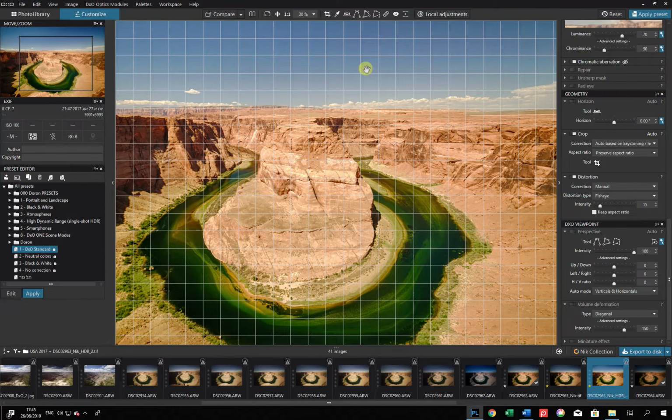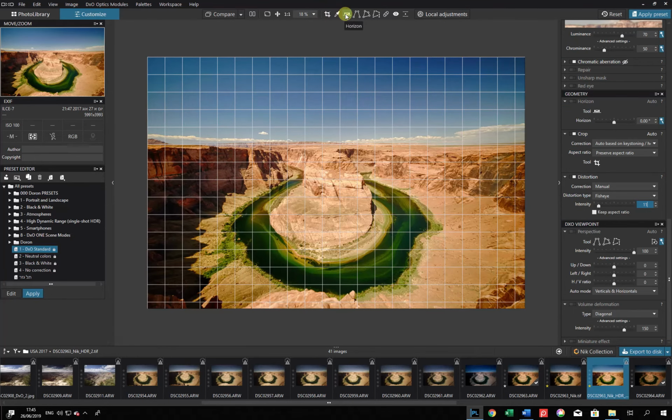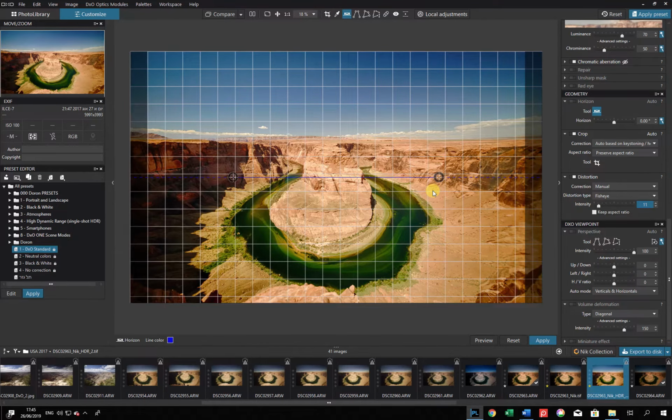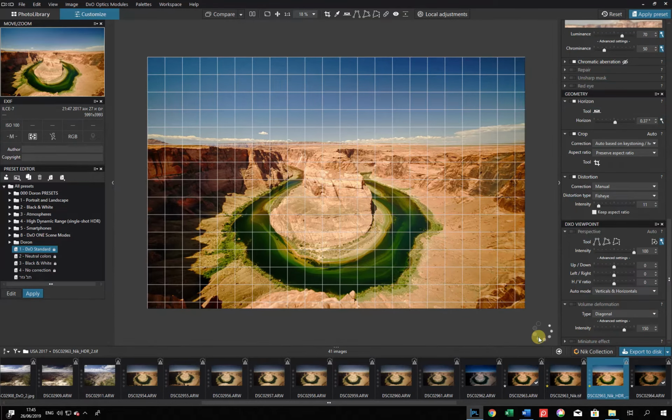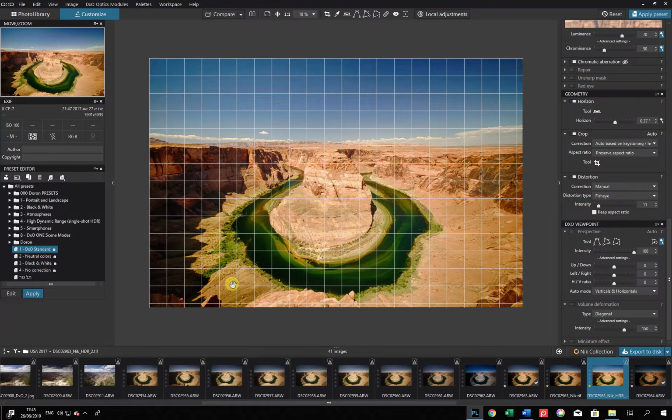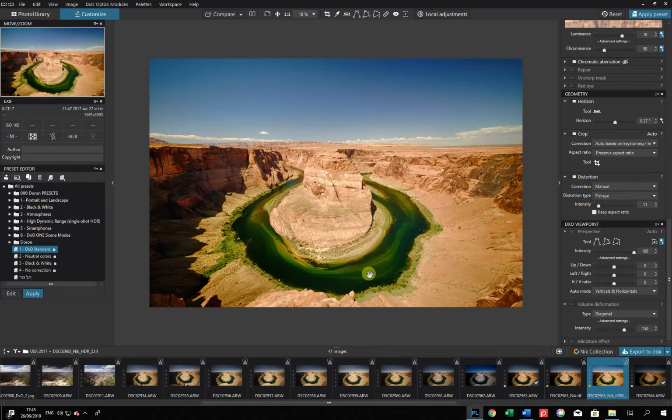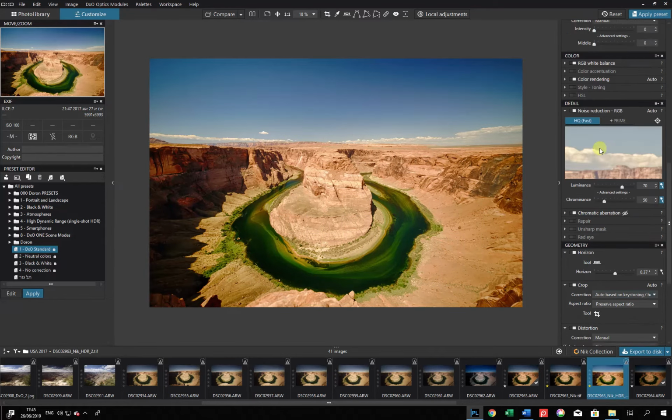If I want to level the photo, and now I want to level the horizon, which seems to be quite leveled, but let's check it. I put this line at the horizon, it's leveled. Okay, now let's remove the grid, Ctrl G, and let's use our